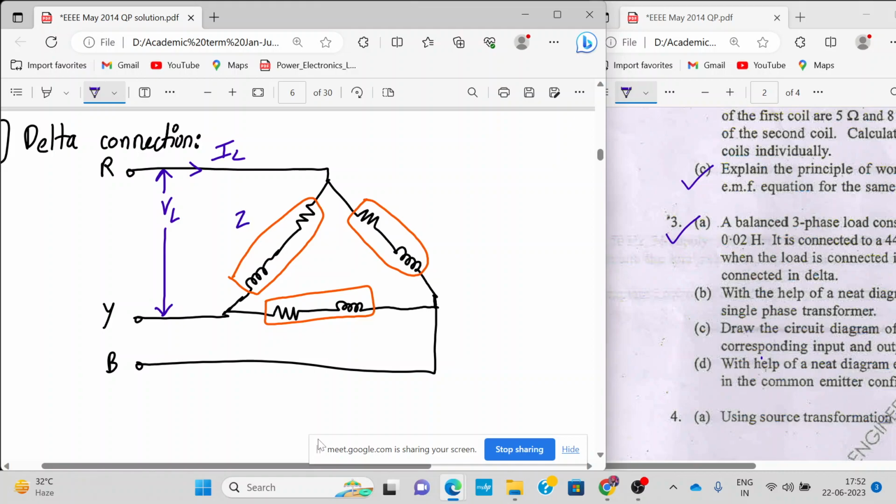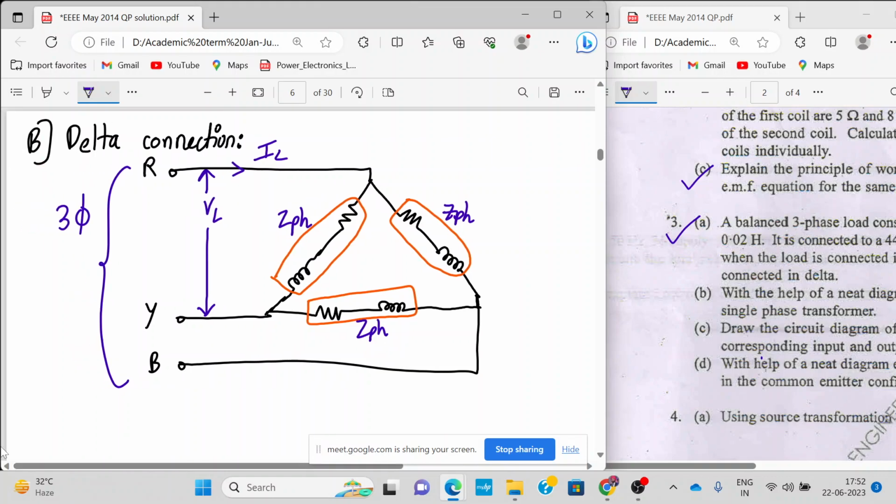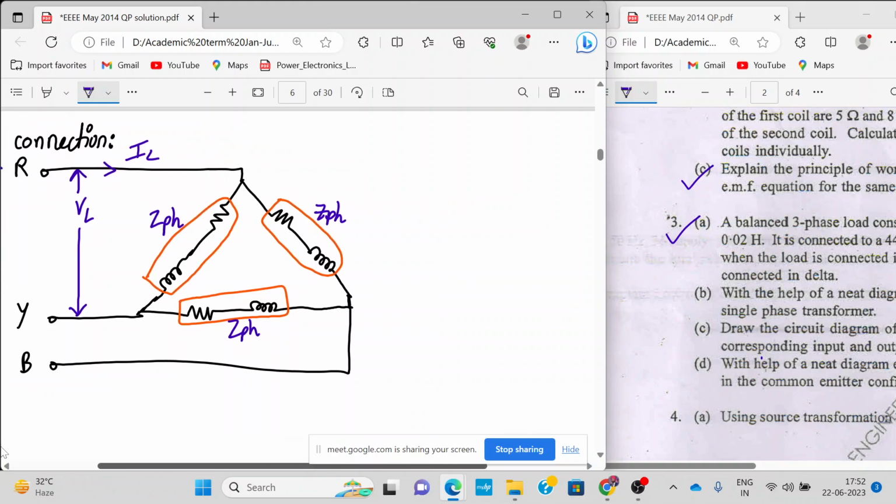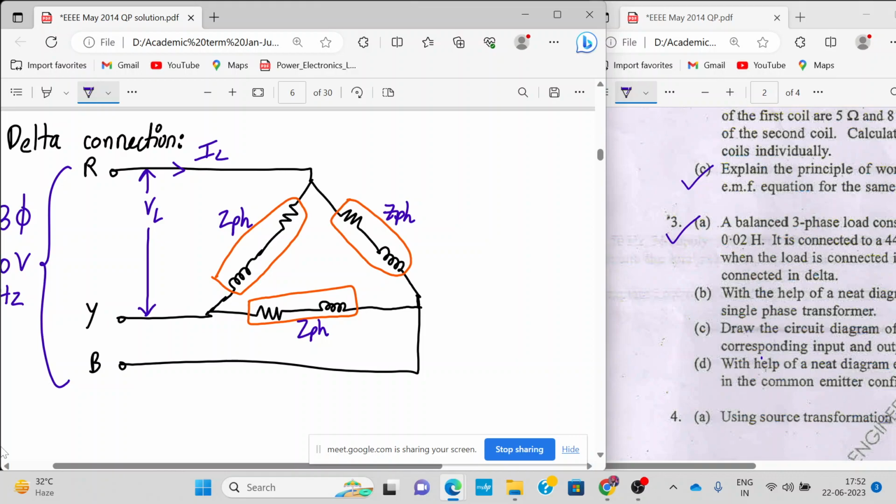The impedance of each coil is Z phase, ZPH, and here it is connected to a three phase 440 volt 50 hertz system. These are the three coils, RL RL RL. So this is a three phase delta connected